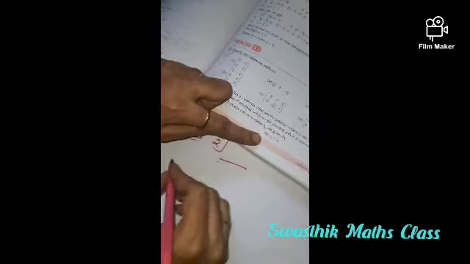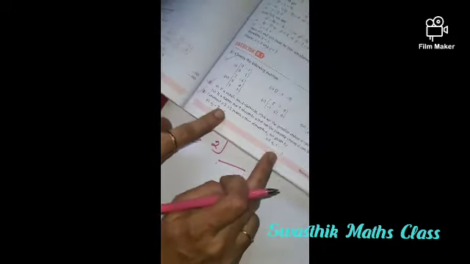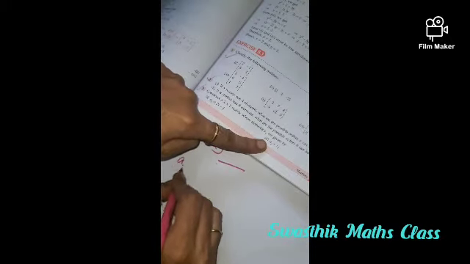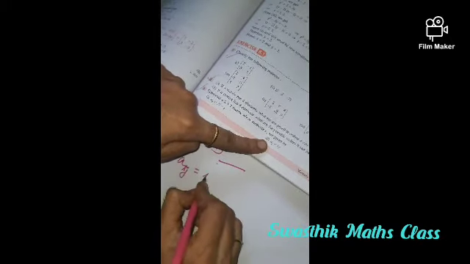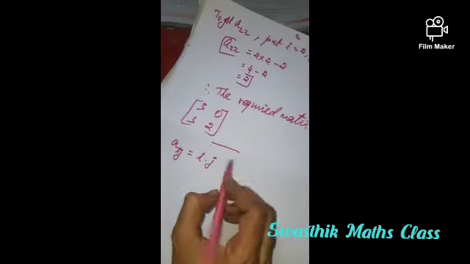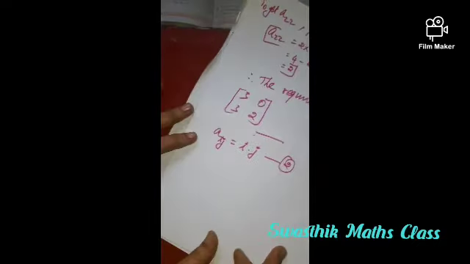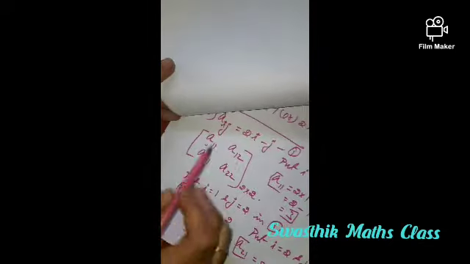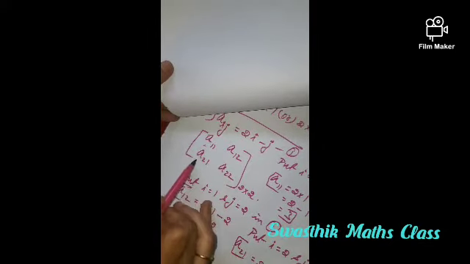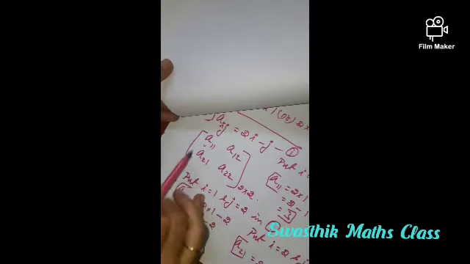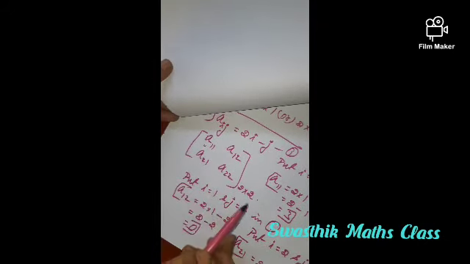In the next subdivision, the condition we are given is, again we have to construct a 2 cross 2 matrix Aij in such a way that Aij is equal to i into j. So this is our condition in this second subdivision. So let us assume this equation to be true. So according to this condition, we have to construct again a 2 by 2 matrix like this, A11, A12, A21 and A22. So let us assume the required matrix whose entries be A11, A12, A21 and A22.